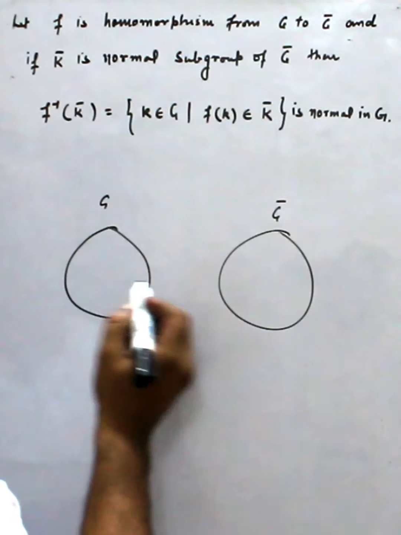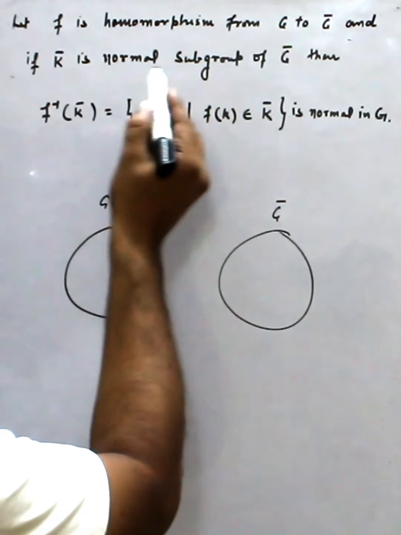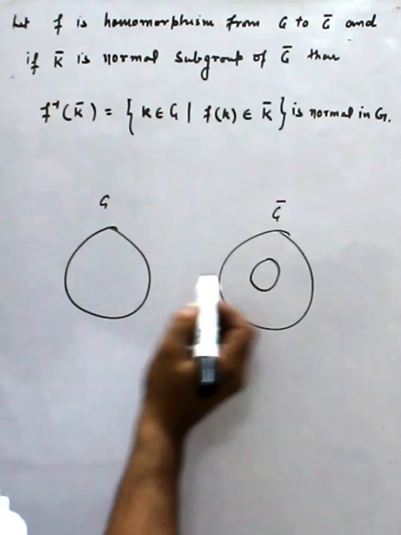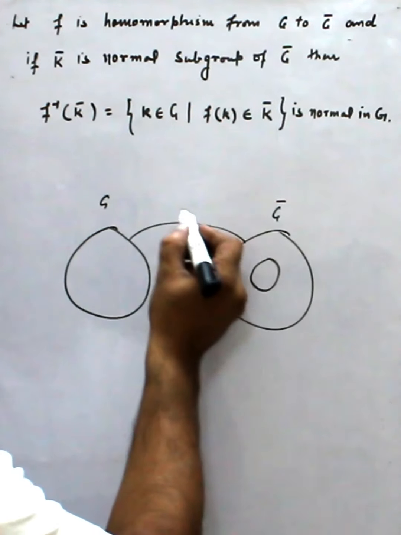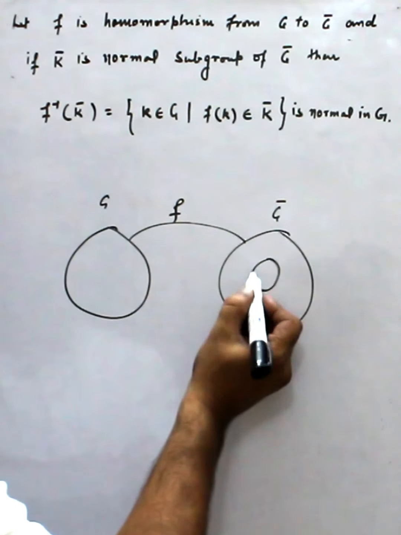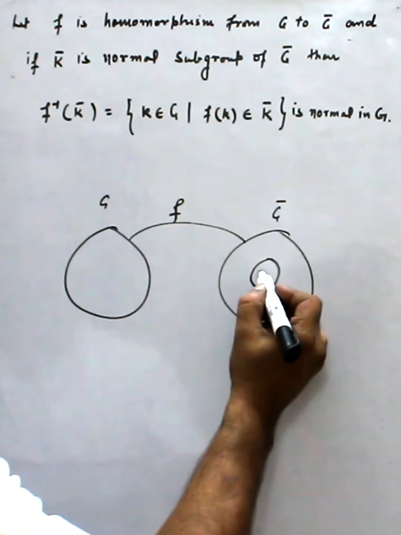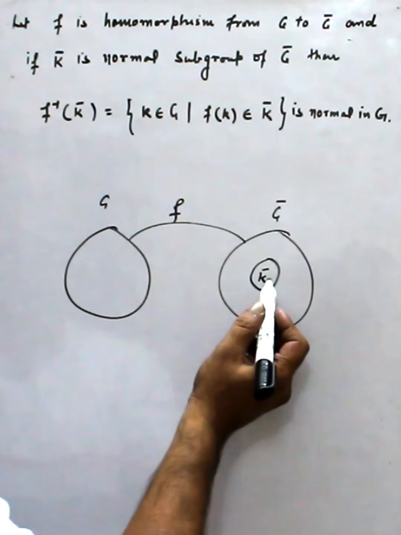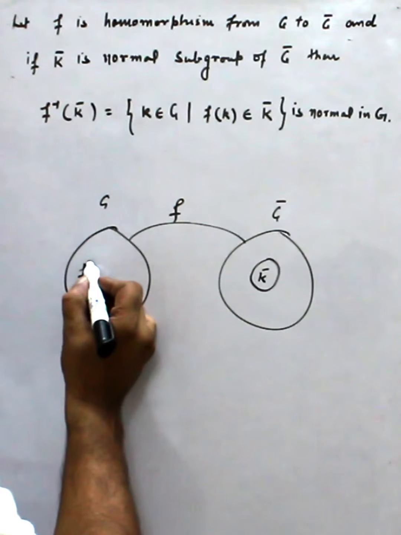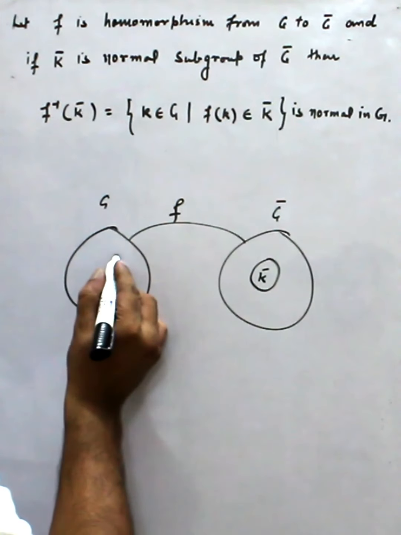Here K bar is a normal subgroup and f is this mapping. So this is K bar, and corresponding to this under f, we have a subset